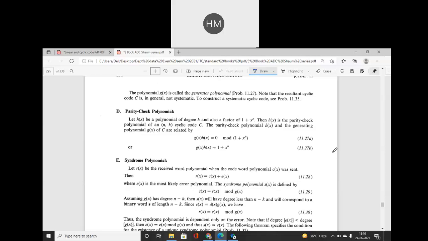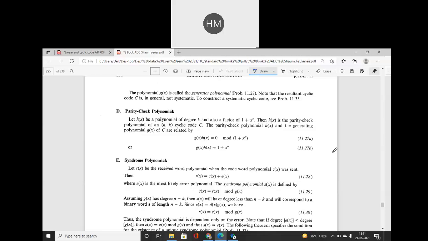The parity check polynomial h of x and the generating polynomial g of x of C are related by this equation. Always g of x, h of x should be equal to 0. There should be no difference in this. Okay, it is showing you the degree of comparison. 0 mod 1 plus x to the power n, or you can say g of x h of x is equal to 1 plus x to the power n,